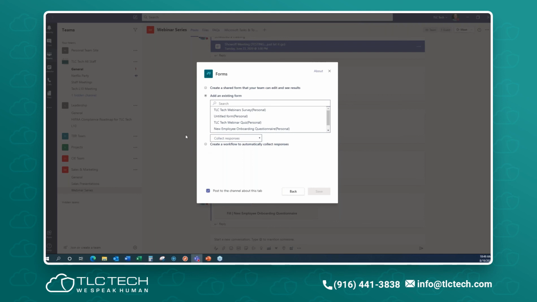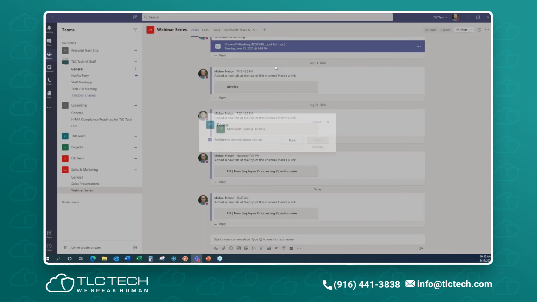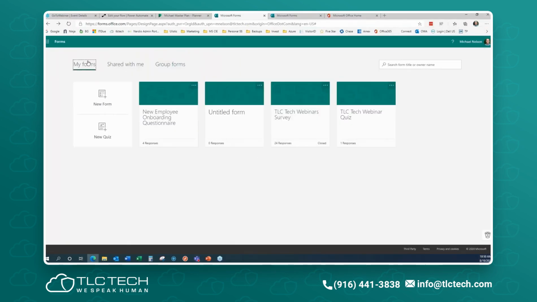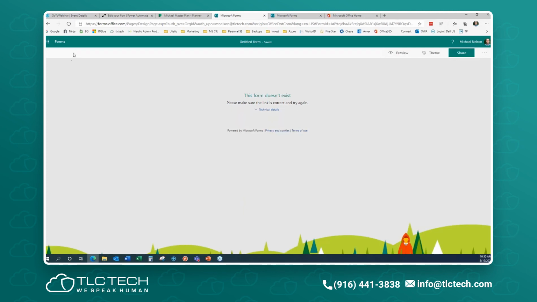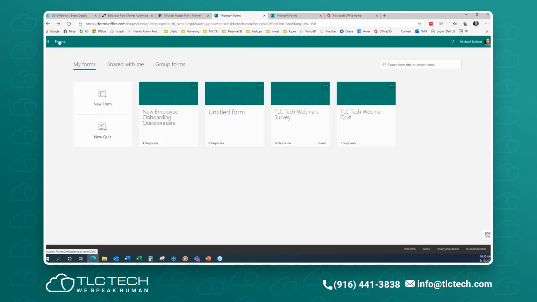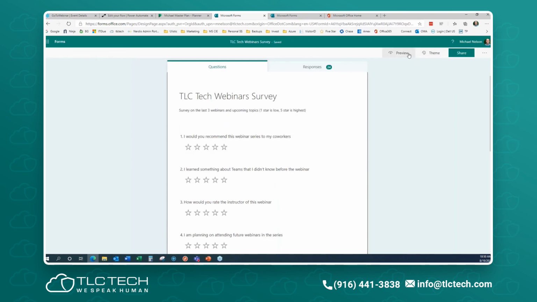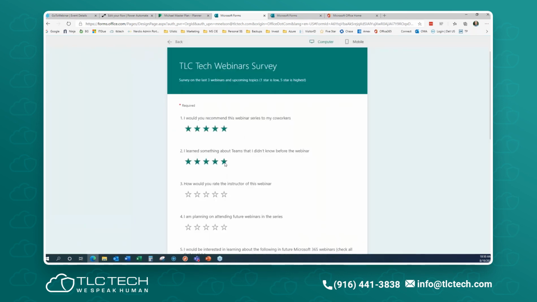So best practices. The best practice is build, edit, modify in forms. Play around with it, get it all done inside of the forms window first. Do everything you need to in here. Oops, already deleted that one. Let me go back to forms. Do everything you need to in here, get it completely built, get it tested. And again, the testing is super, super easy. Just remember when you're here, click on preview and you can answer that live.